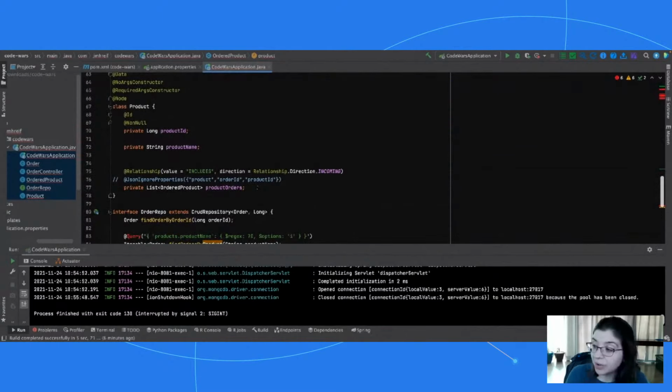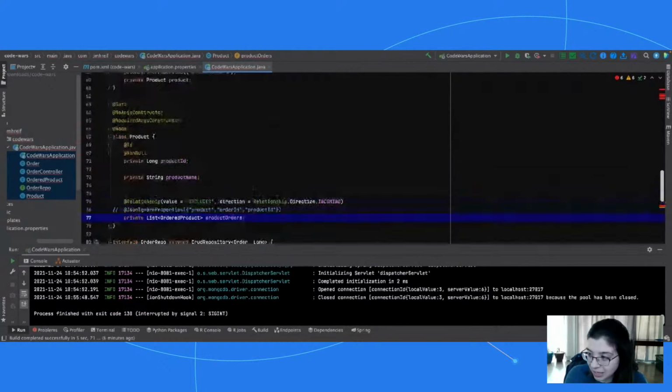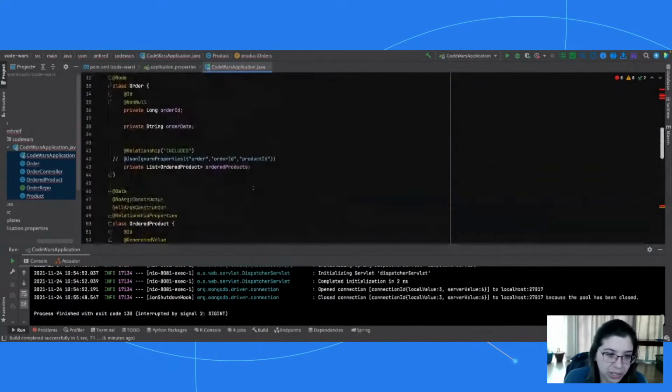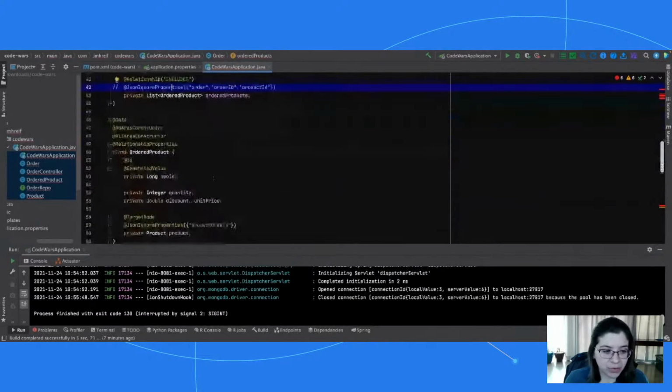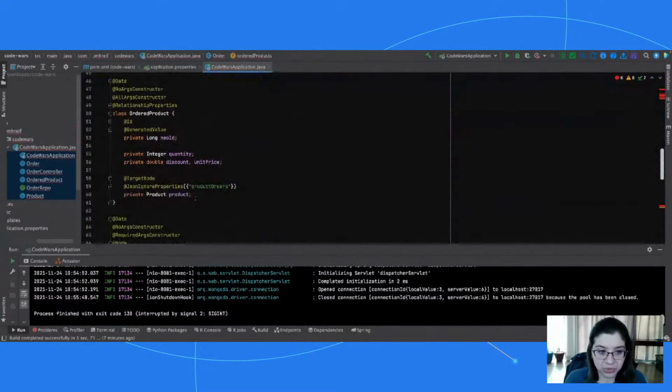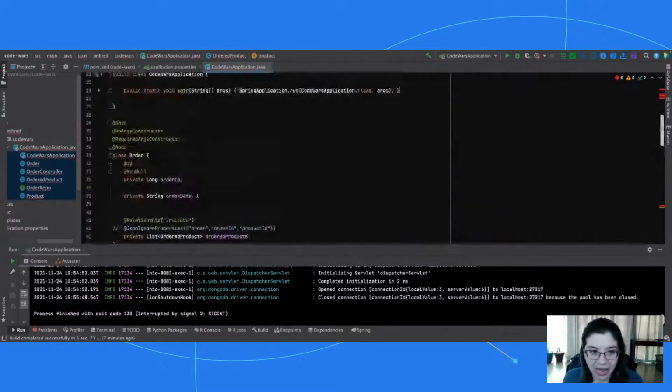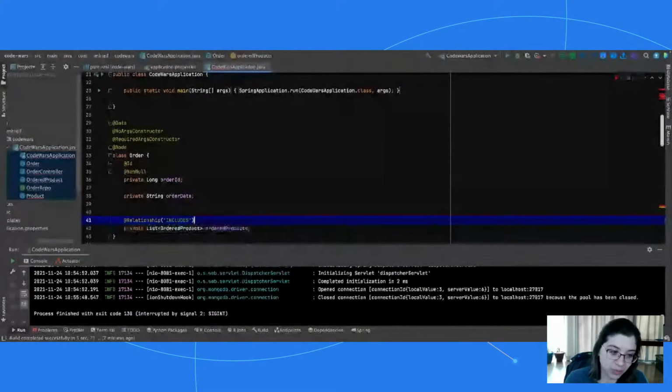Okay, so we're good. Now, Neo4j has a similar thing because we've attached all these relationships and we've linked all these entities together and we want to display all these links, then you can end up with this recursion, ugly loop stuff. So we actually are going to ignore some properties. But when we come from order and we go over to ordered product, notice that there's no tie back to order because we've linked it from order to this. So we didn't specify any tie back. So we actually don't need the JSON ignore properties there.